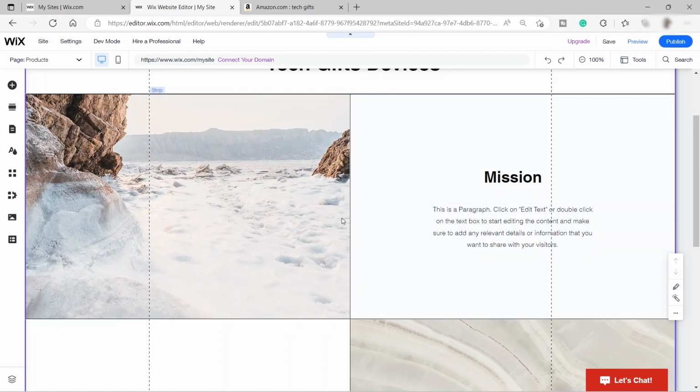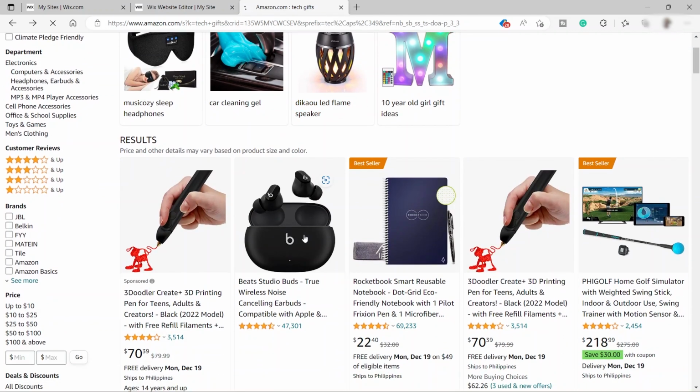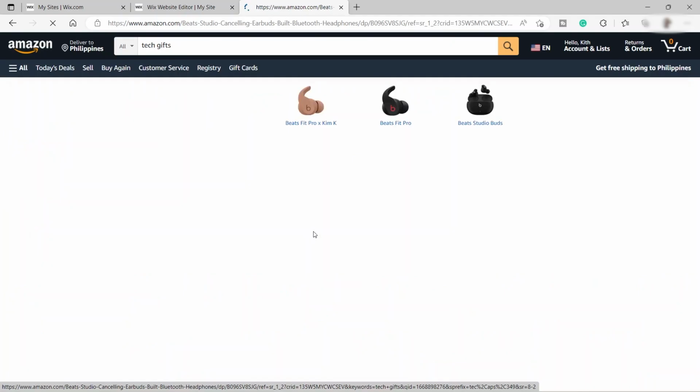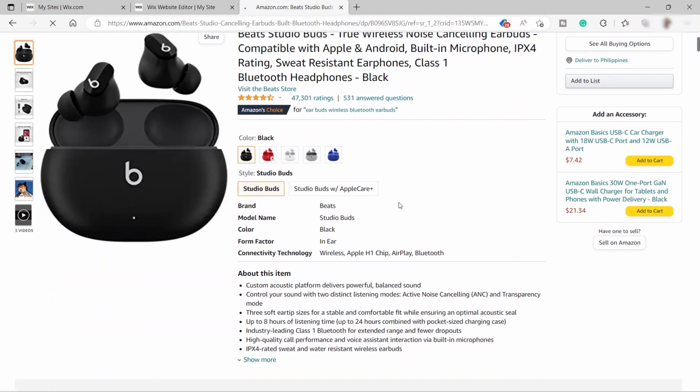So for you to add your affiliate products inside your Wix affiliate marketing website, you just need to go back to Amazon, and over here I just search for tech gift, and once you get the approval for the Amazon affiliate marketing program, then you can get all the products that you like here, and you just need to click on the product, and you will have an option inside the product page to create your own unique affiliate URL